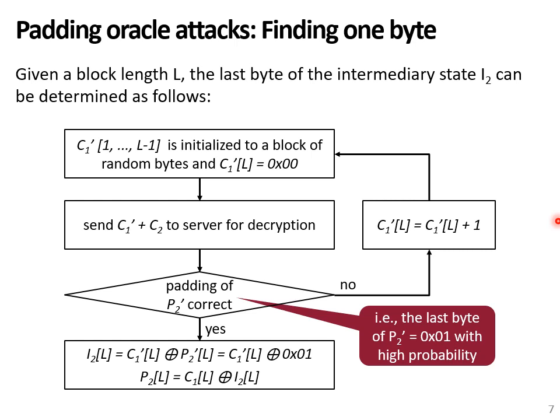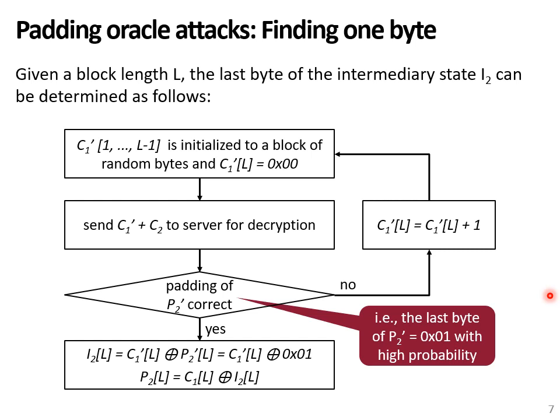So, if the padding is not correct, the attacker can just increase the value of the last byte of C1- by 1. So instead of using 00, the byte 01 is used instead, and the message is sent again to the server. Once correct padding is found, the probability is very high that the last byte of